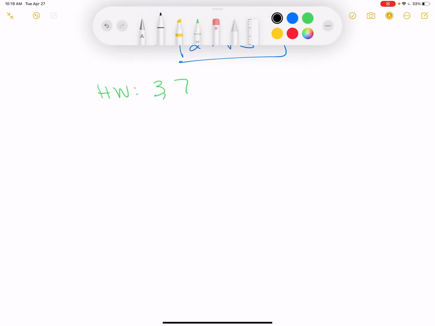Alright, so we are going to pick up with problems 12 through 17. These ones are a little bit different, but yet also the same in a sense. These say to evaluate the expression, given that